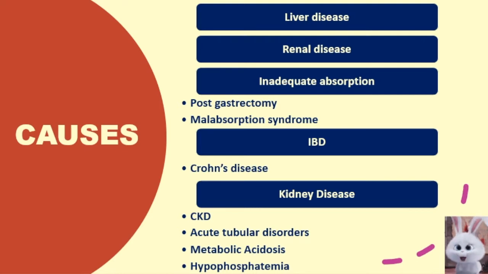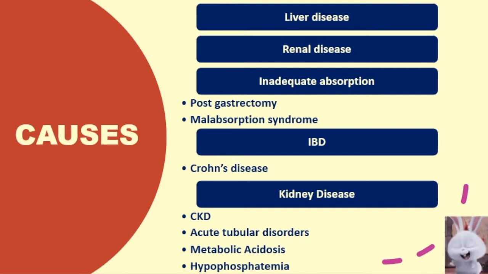Whereas in malabsorption syndrome, there is really a problem on absorption due to the hyperactivity of your stomach. Then you have your inflammatory bowel diseases. So your Crohn's disease, for example. Recall your ulcerative colitis and your Crohn's disease, which are inflammatory bowel disorders. So if our patients have inflammatory bowel disorders, they are unable to absorb the nutrients that are coming through their intestines. Then for the kidney diseases, you have your CKD, acute tubular disorders,